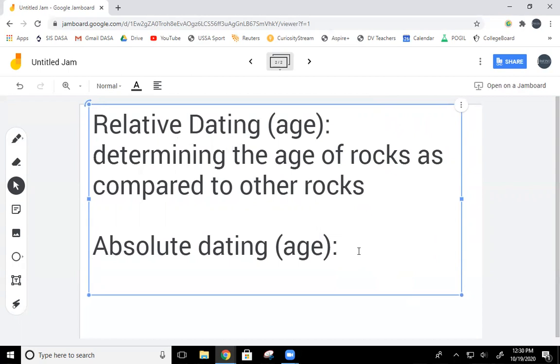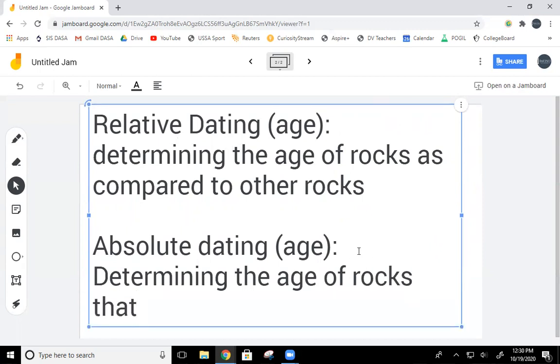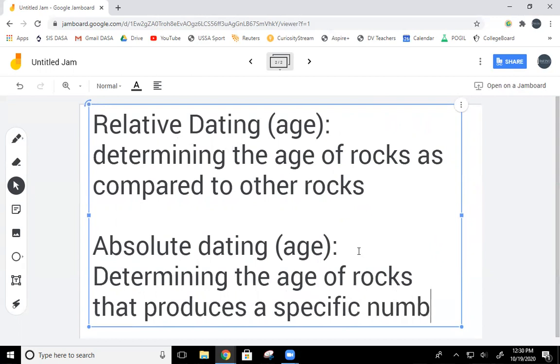Absolute dating is determining the age of rocks that produces a specific number. So, for instance, when we're talking about relative age, I am older than you,